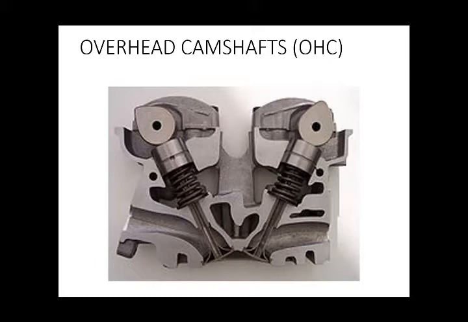So this is the picture of an overhead camshaft system of a bike engine. Here you can see the cam is directly in contact with the tappet or the follower, and when the cam lobe comes and touches this follower, it will be pushed downwards and the follower pushes and opens up the valve. Here this is the inlet port and the inlet valve, the inlet manifold. This is the exhaust valve and the exhaust manifold.